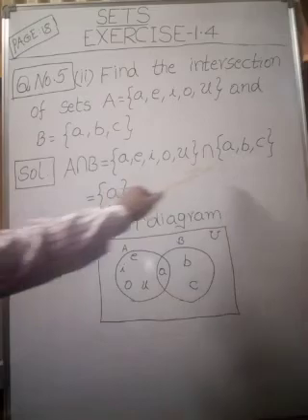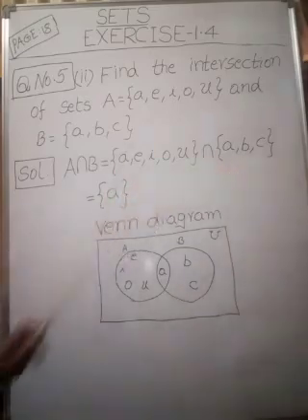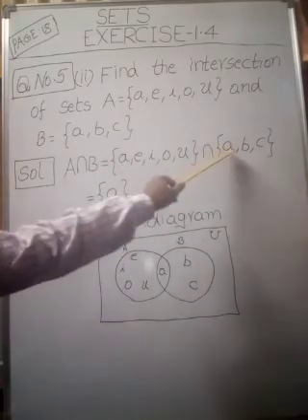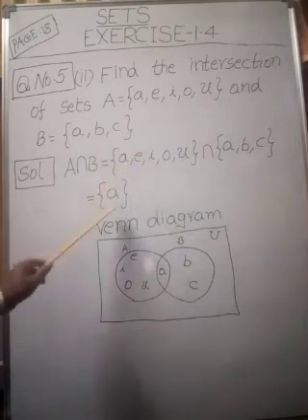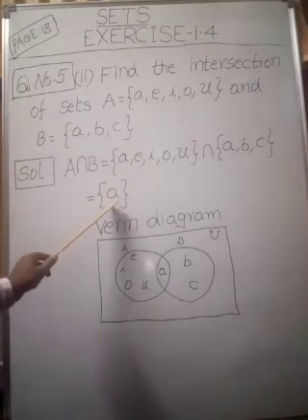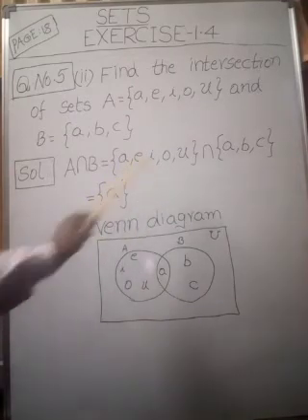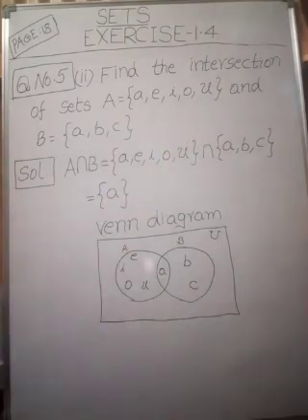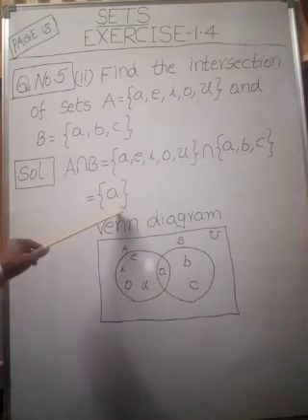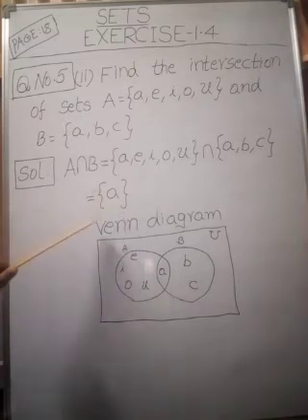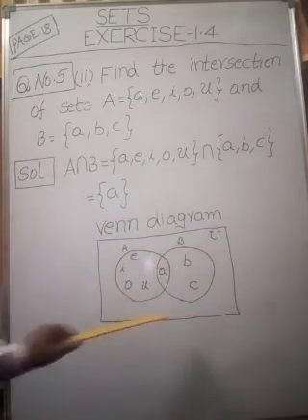What are the elements common to both sets? Here only a. Only this element is common. Okay, my dear children. So in this set only one element is common to both sets A and B. Understood this step, my dear children? Right. I am representing this data in the